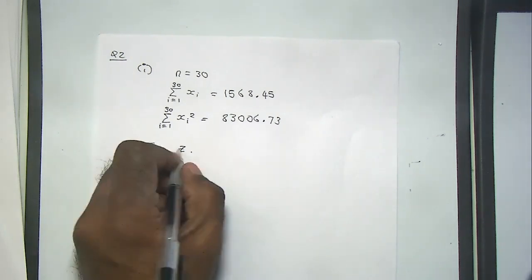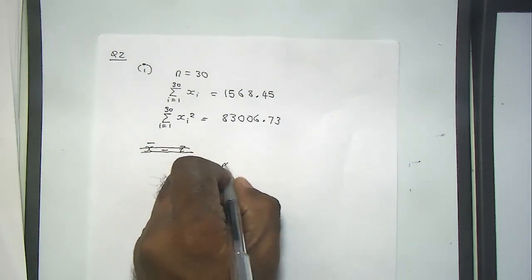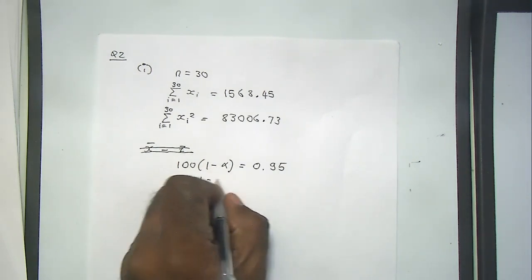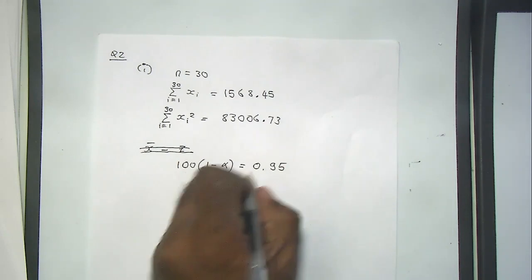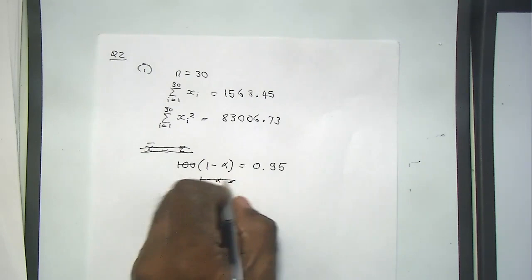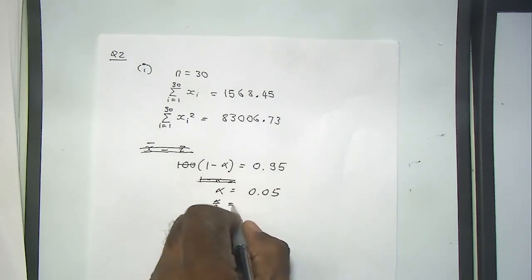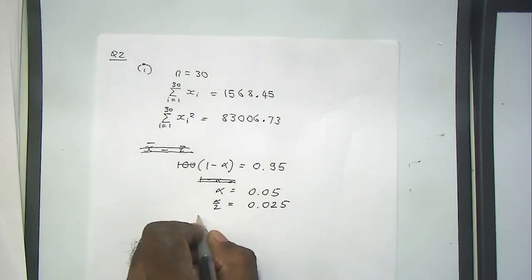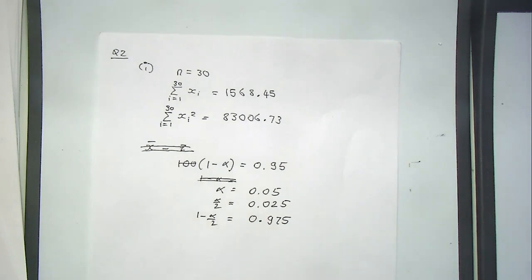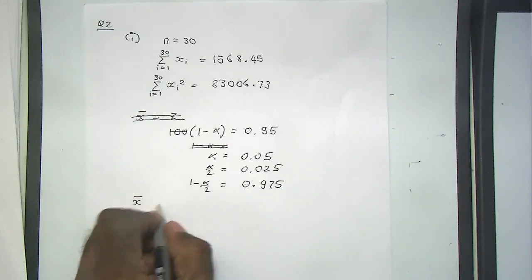Okay, let me do that first. For 95% means 100 times 1 minus alpha is 0.95, right? That's what it means. So alpha is 0.05. Alpha by 2 will be 0.025. And 1 minus alpha by 2 will be 0.975. Alright, so using this, you can figure out the confidence interval, which is